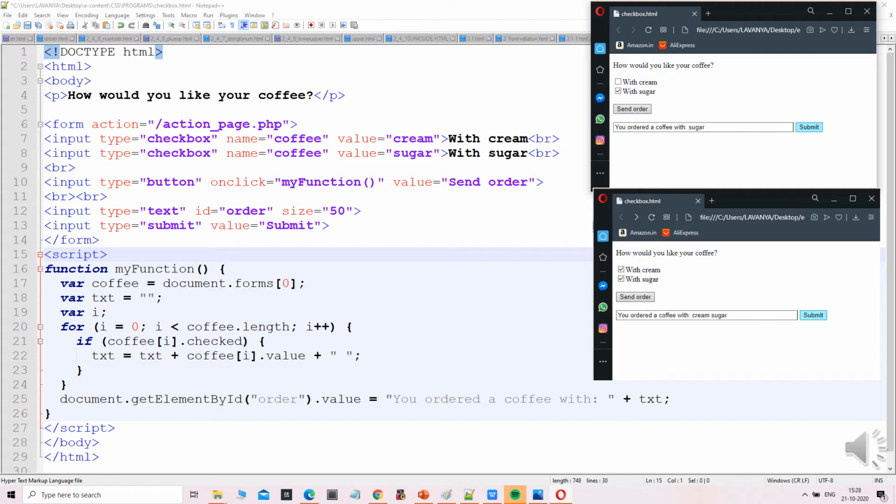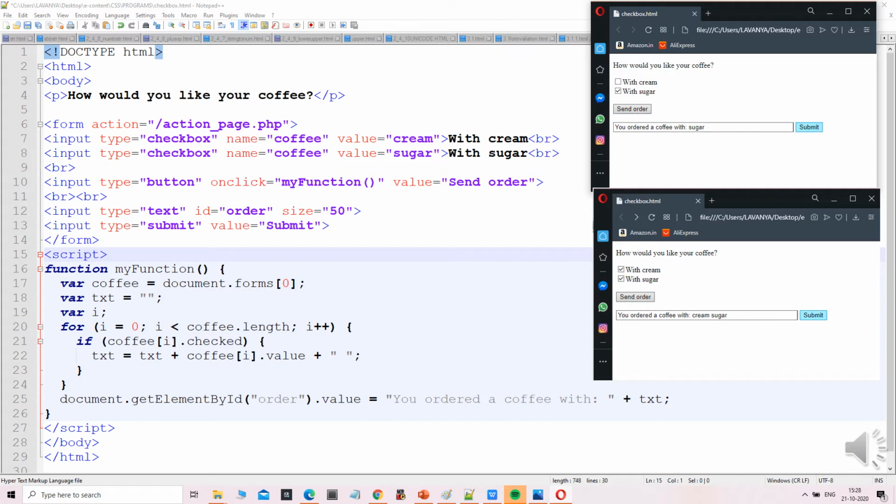With cream and with sugar, these are the two checkboxes. Then an input type button with onclick, so using the onclick method we are going to execute the program. Then an input with id equal to order, then input type is equal to submit. Again, submit is a button.